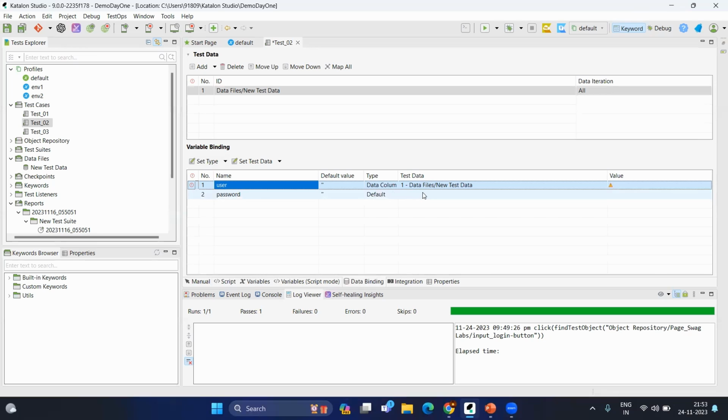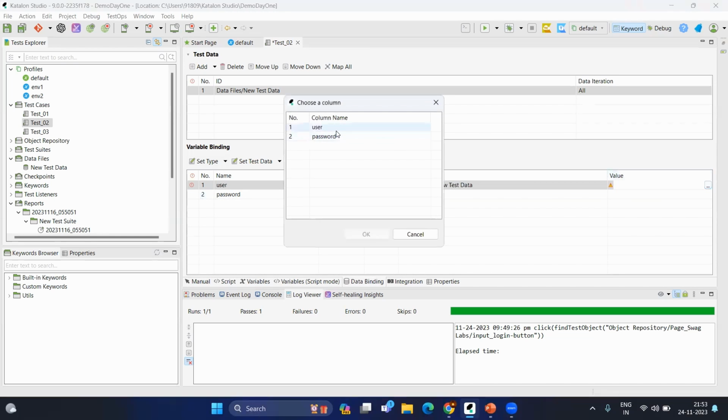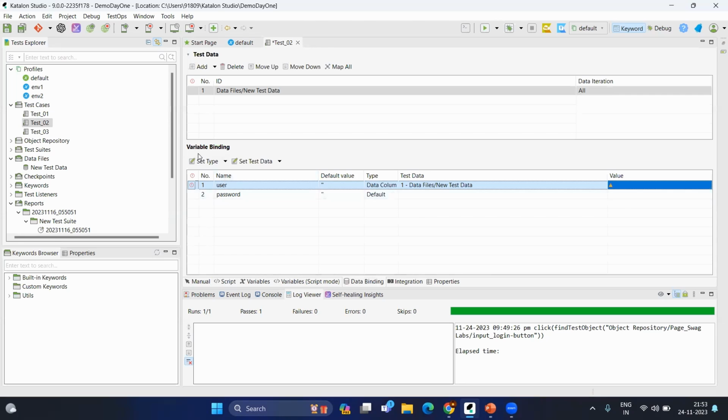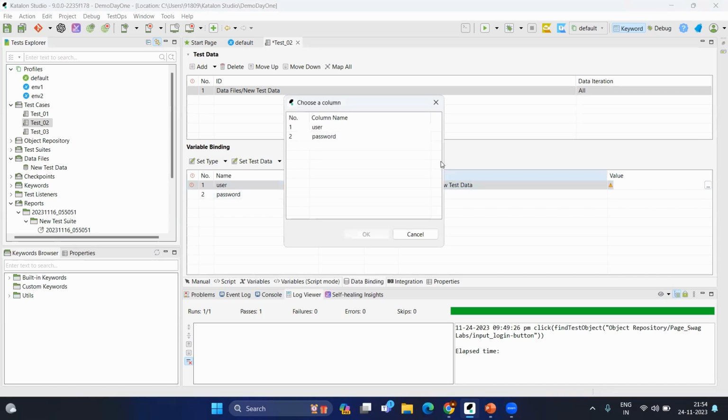So the test data source is new test data and the value. Now you click here. These are the columns available from your CSV file. This is not a variable. The variable is already here, you can see under the name, it is under the variable binding. But the value it is getting from the test data, and the value you can select from the column name